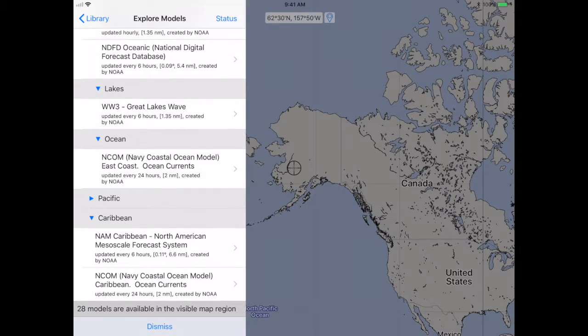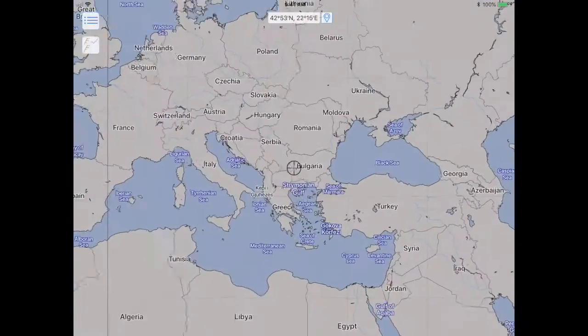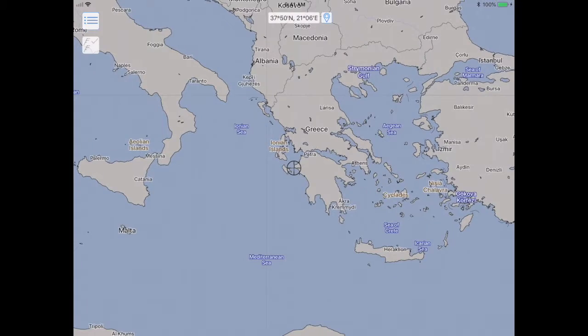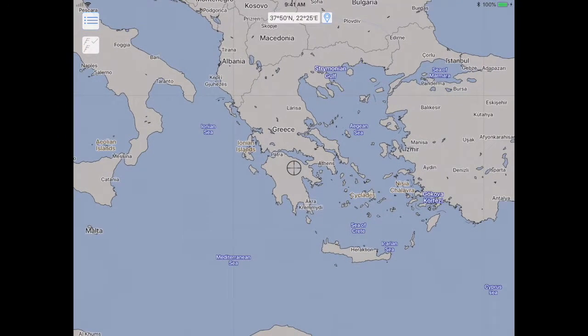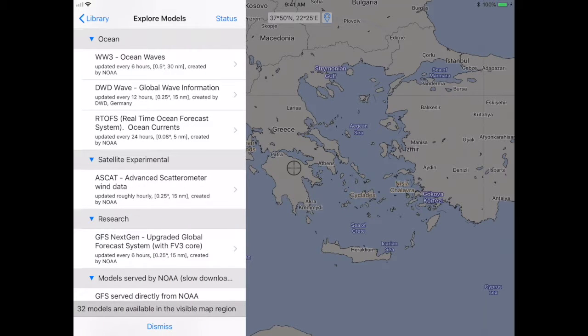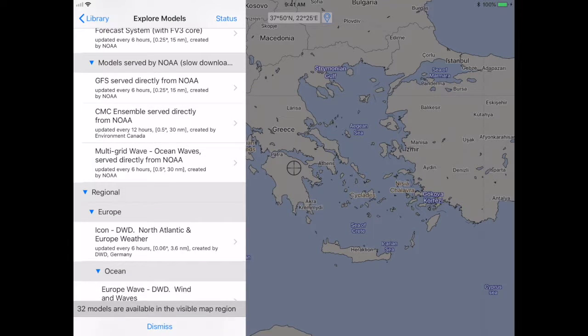Let's go over to Europe, and what you're able to do with this window is zoom into an area and then have it only show you the models which would apply to this region. So now we go back to Explore Models. There were 79 models in the first presentation, or available in the application globally, but in this region there are only 32, and I say only in quotes. In Europe,